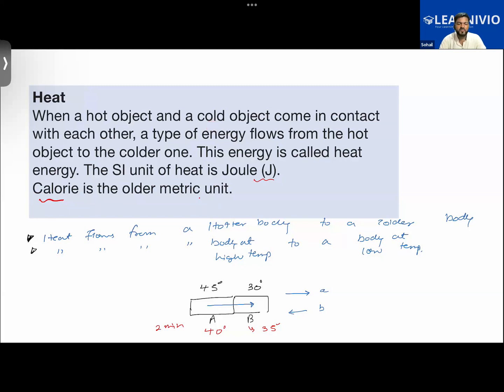Whenever you hold a cold object, like ice cubes in your hand, you feel cold because heat energy is lost from your hand. Sir, I have a doubt. When we hold ice cubes for a long time, after some time we do not feel cold, it starts to hurt a little bit.